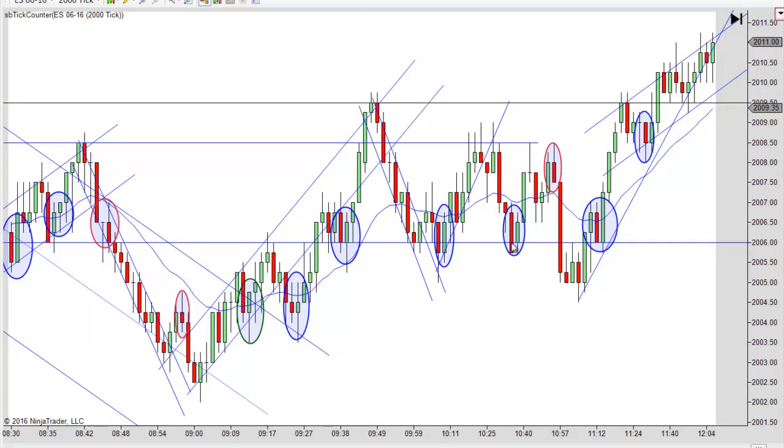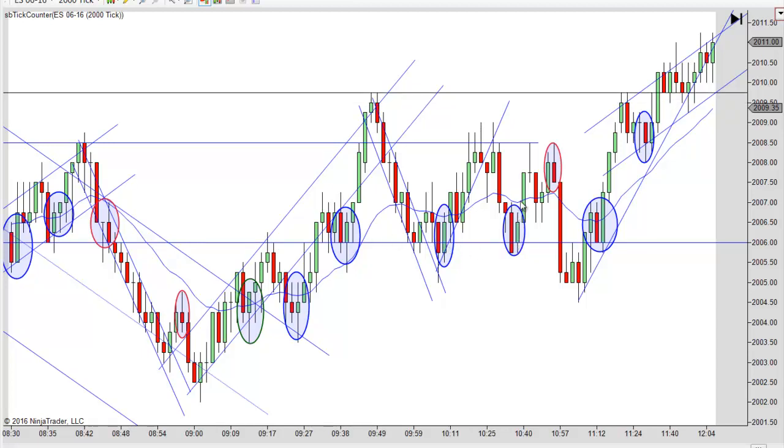Then it shoots back down, and what does it do? It bounces right off this line again. I like going long there. That is a second entry long. Notice the new high, pull back first entry, pull back second entry. And there's like a little midline in there as well, and so it's like a little drop. But again, it holds. Notice how it holds inside that previous support.